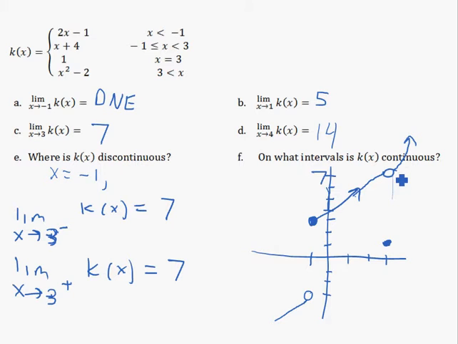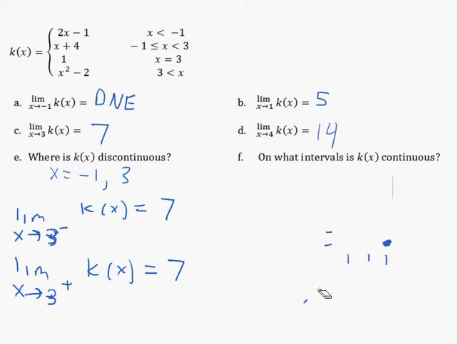On what intervals is the function continuous? Well, it's continuous everywhere that it's defined and not discontinuous. It's defined everywhere because this graph is a collection of a line, a line, a line, and a parabola. Well, they're defined everywhere. And as long as I have all x values accounted for over here, which we do, then this thing is defined everywhere. So it's continuous everywhere that it is not discontinuous, which is negative 1 and 3. So you can say it's continuous for all real numbers, except x can't be negative 1 or 3.